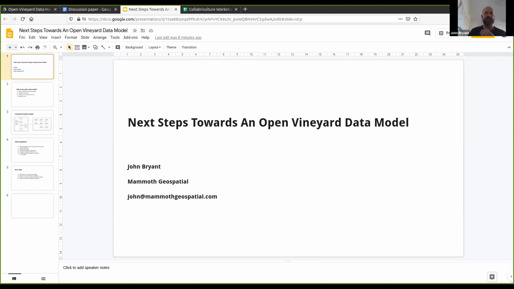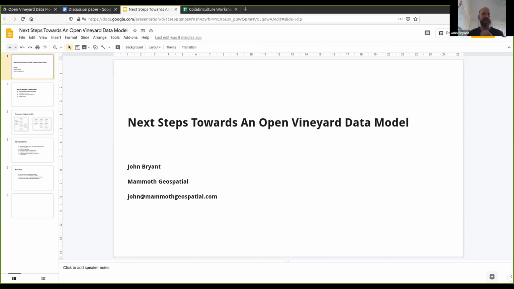My name is John Byant. I'm an open geospatial specialist with Mammoth Geospatial, focused on open source. And I'm involved with open geospatial community building in Australia and internationally.